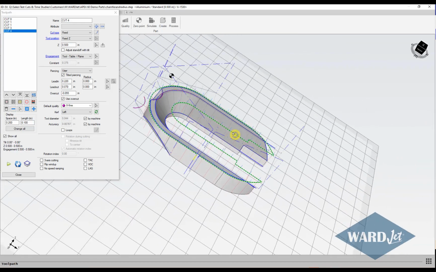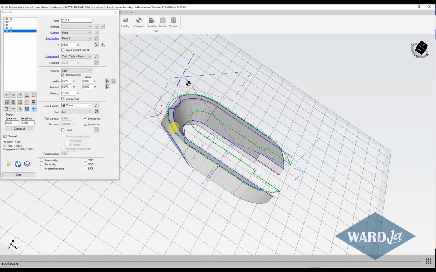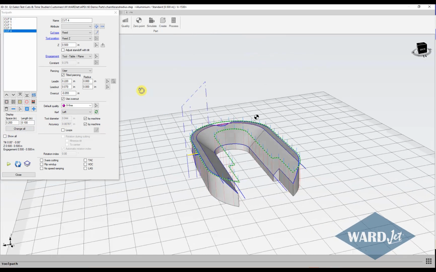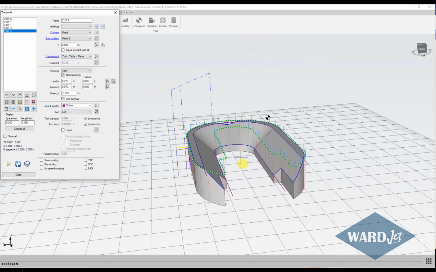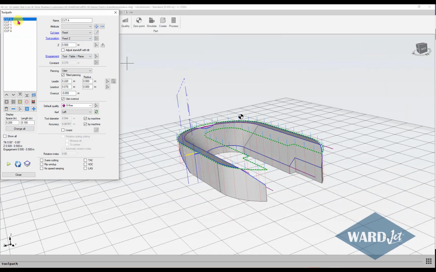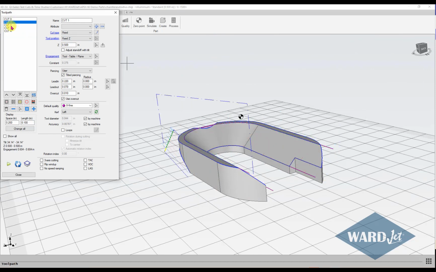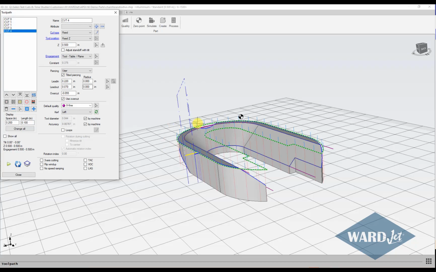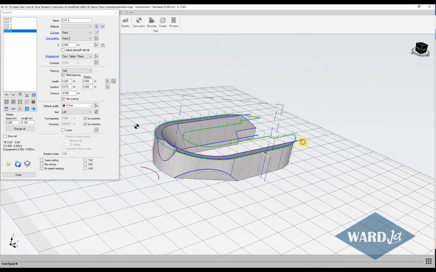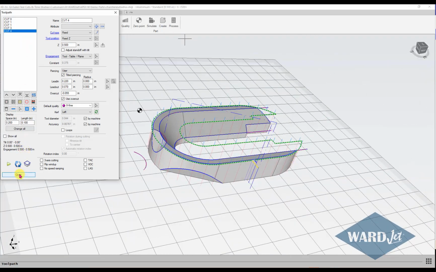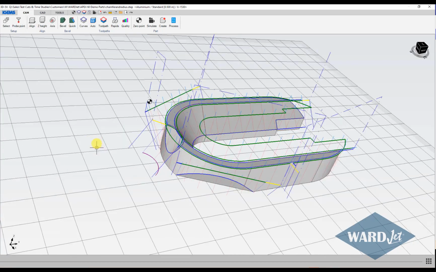So once you've got all your toolpaths on here, if things get a little bit jumbled, hard to tell what's what, you've got the show all box here, which shows all the toolpaths. If you uncheck it, then it'll only show the toolpath that you currently have selected. So then you can click up here and step through things and see a little bit easier which one you're looking at. Okay, so if we're good with all that,